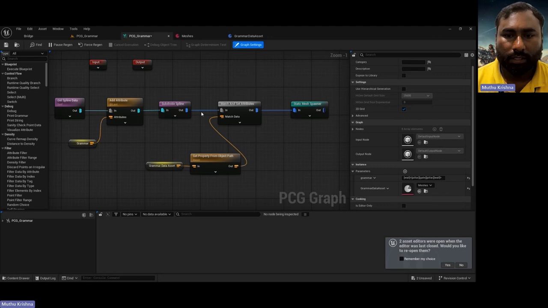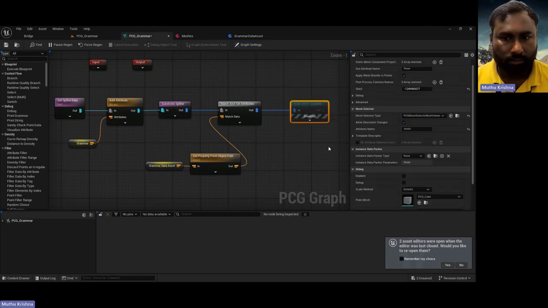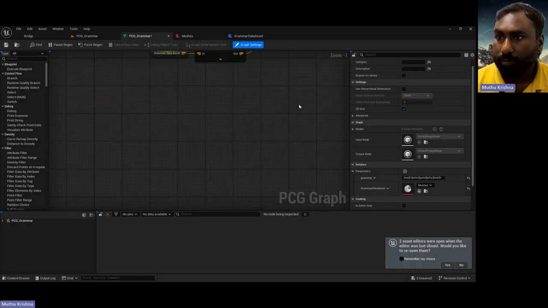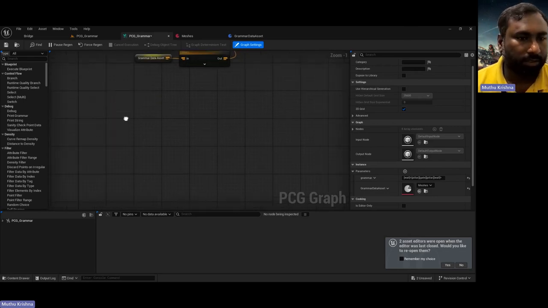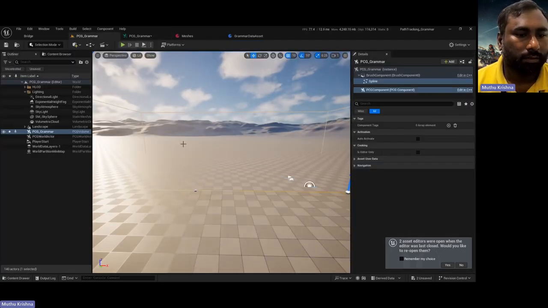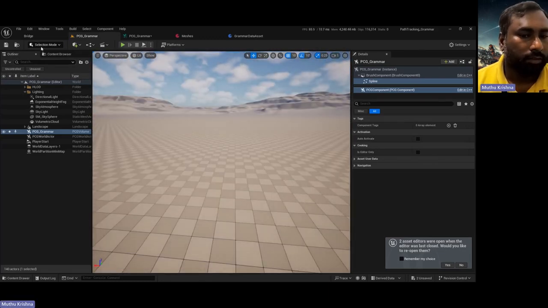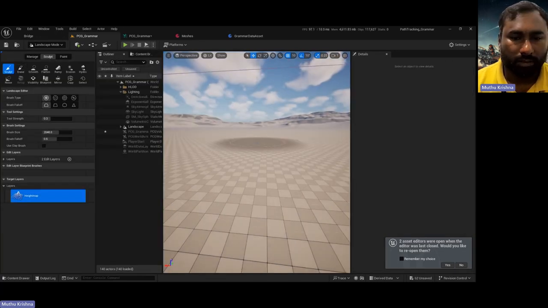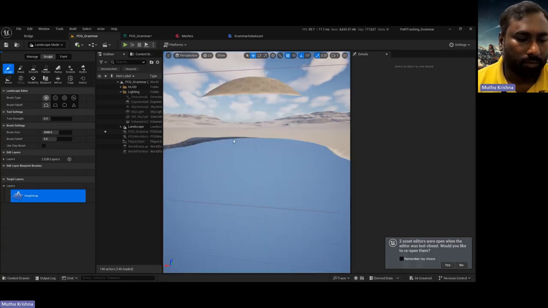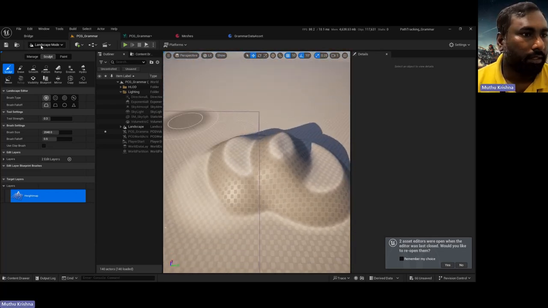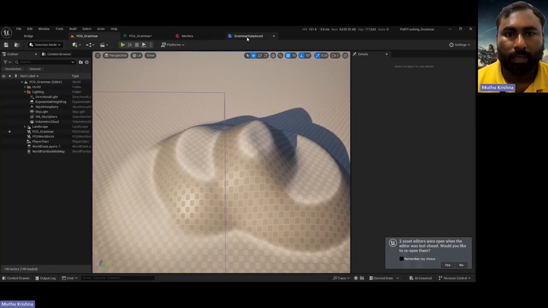So let me just quickly disable this thing. Okay, we'll go with the next part. So according to our previous, at the beginning of the session, we were planning to make some bunkers along uneven terrain, right? So for the demonstration, let me just bump up the surface a little bit. So something like this, okay? And I'm going to use the